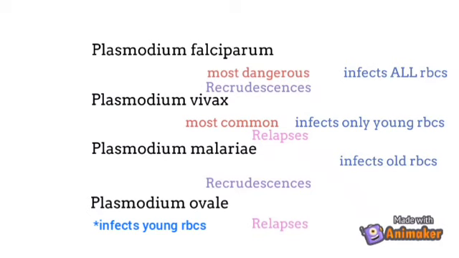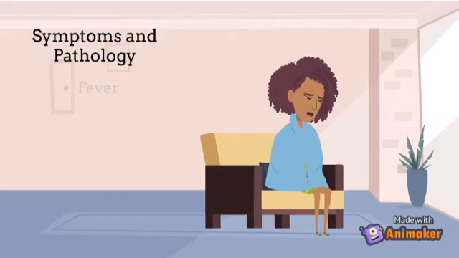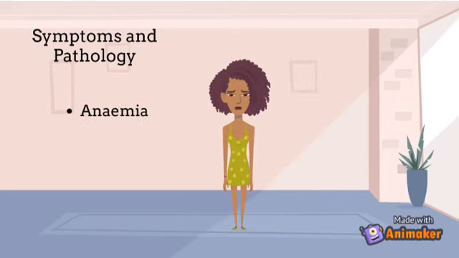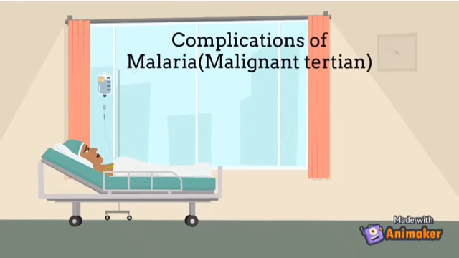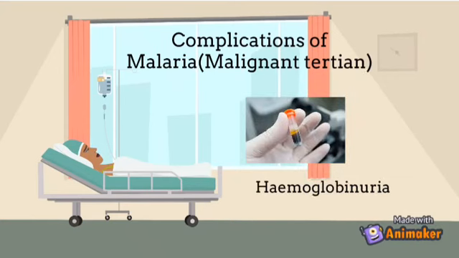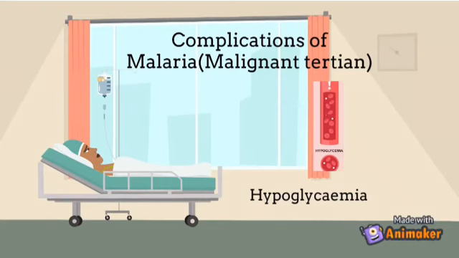In P. falciparum, infected red blood cells have irregular granules called Maurer's clefts. You can remember that Maurer's clefts are for falciparum malaria because they both have the letter M, while in P. vivax, infected red blood cells develop smaller dots called Schüffner's dots. Some symptoms of malaria include fever, headache, and anemia because of the constant destruction of red blood cells. Some complications typical in falciparum malaria are pulmonary edema, accumulation of fluid in the lungs, hemoglobinuria, which is hemoglobin in the urine, and hypoglycemia, low blood sugar level.